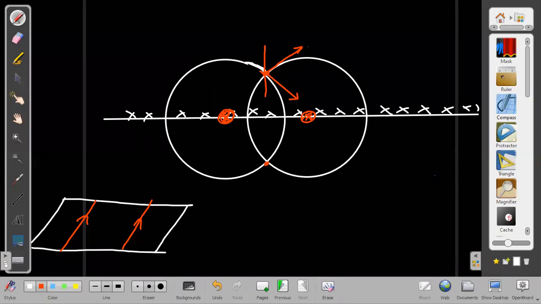Then you notice that y components are getting cancelled. What are we left with? We are left with only x component. Similarly, if I take point here, then it will be this side and this side. Then resultant will be this side. So resultant will be parallel to the sheet, not perpendicular to the sheet. Resultant will be just parallel to the sheet.